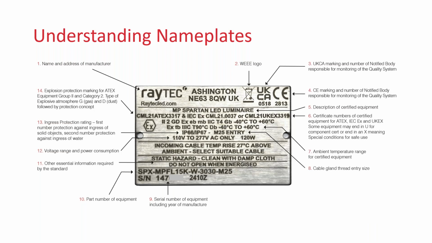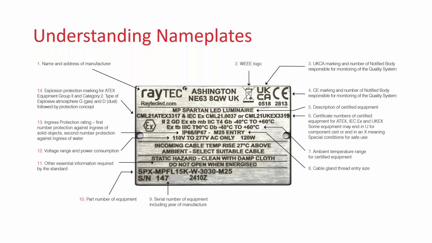So, looking at a RATEC nameplate, the luminaire specification information includes input voltage, ingress protection rating, and a lot more besides. For installers and end users, this information is critical to ensuring the luminaire is installed correctly and safety on site is maintained. So to understand what the different information on a nameplate tells us,